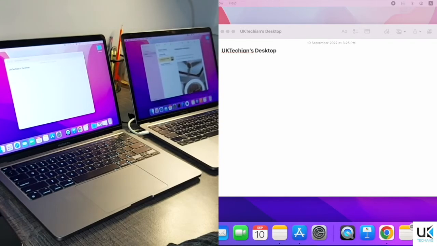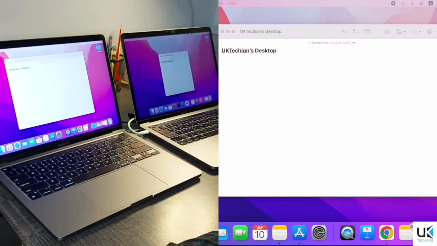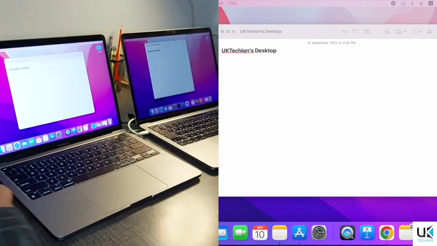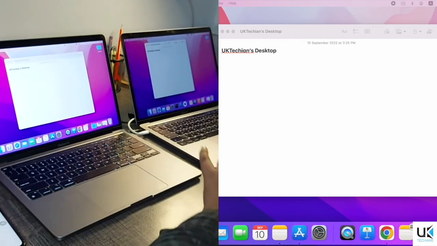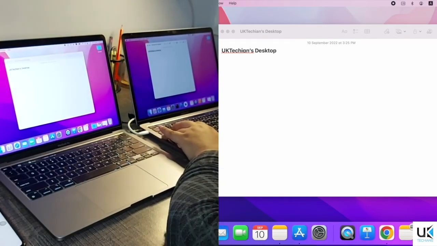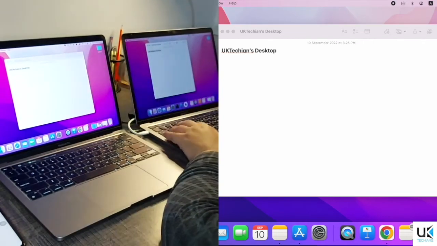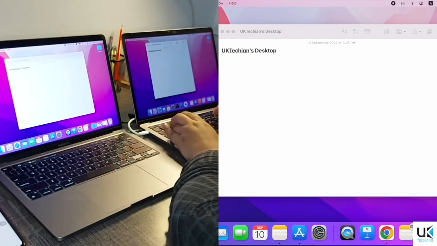Let me open it like this, and what I'm going to do is type from this Mac, and it will show on this iPhone, right? So let's start typing, and it will also display on this Mac, right? So let's say hi viewers